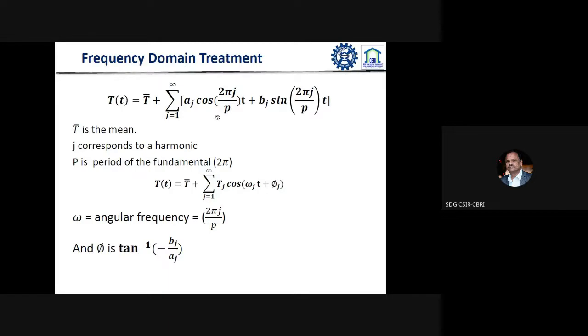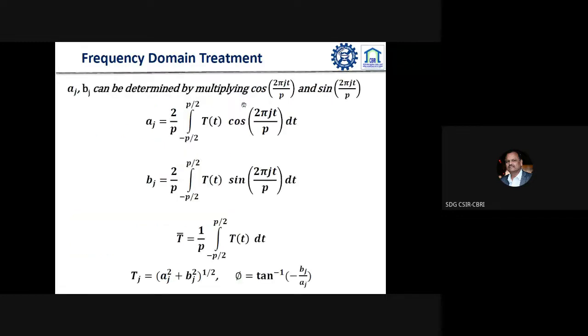Here we have considered the function, and with this, if we put p as 2 pi and solve, we can find the temperature profile with respect to this particular equation. This equation tells us the outdoor temperature profile. So here we have to use these constants, and we have to find the a constant as well as the b constant.